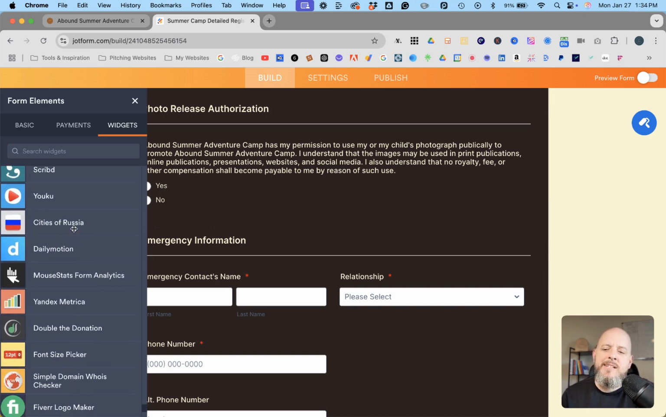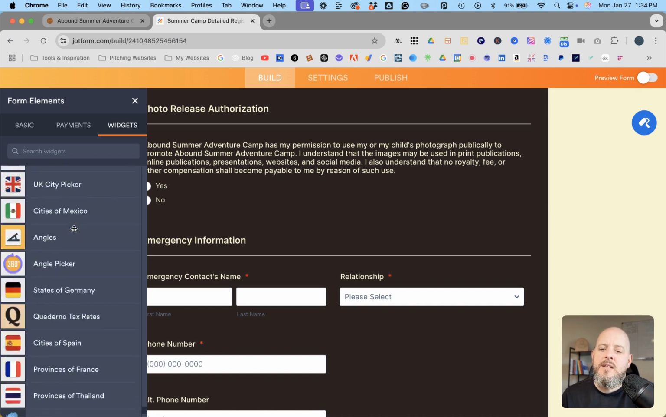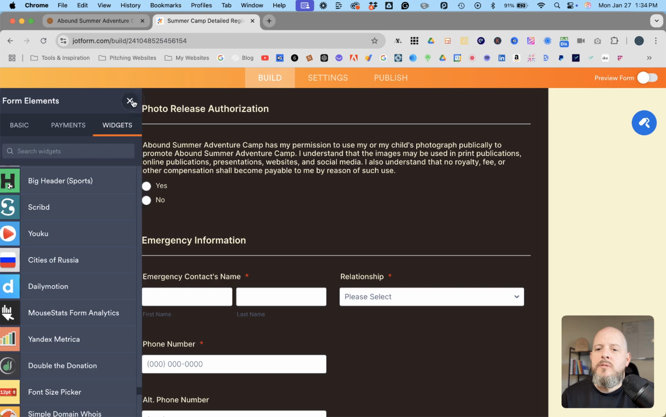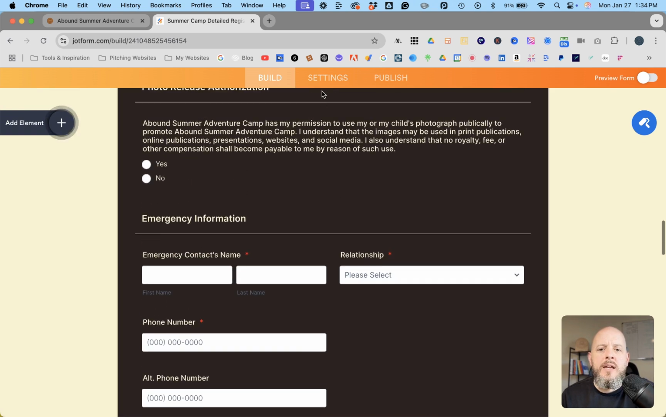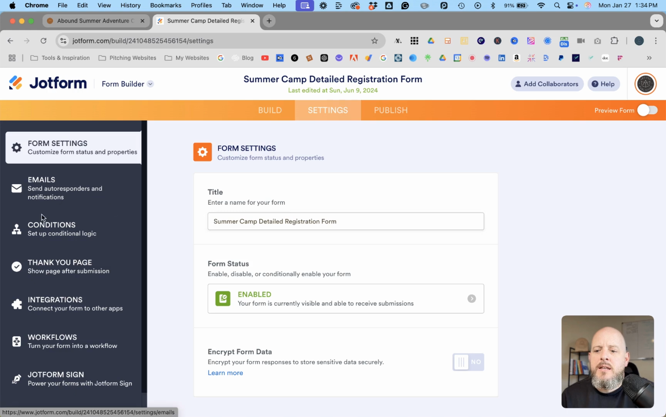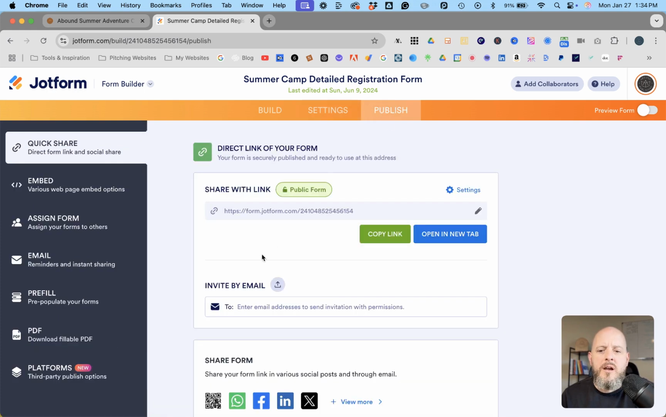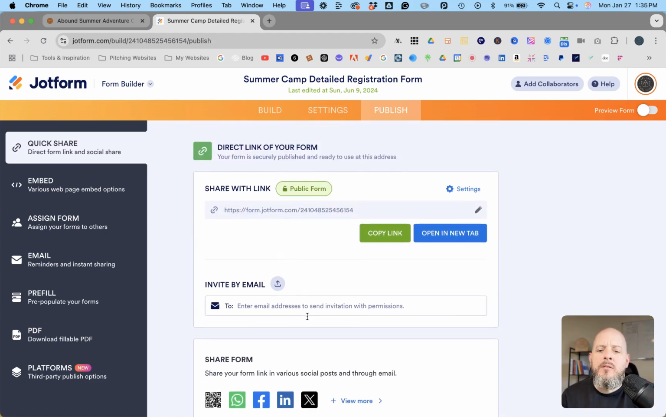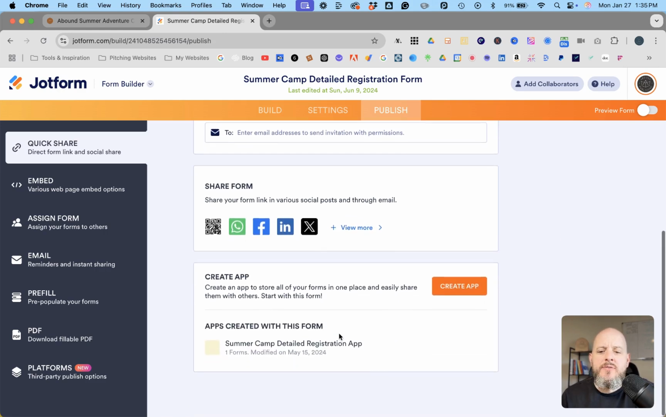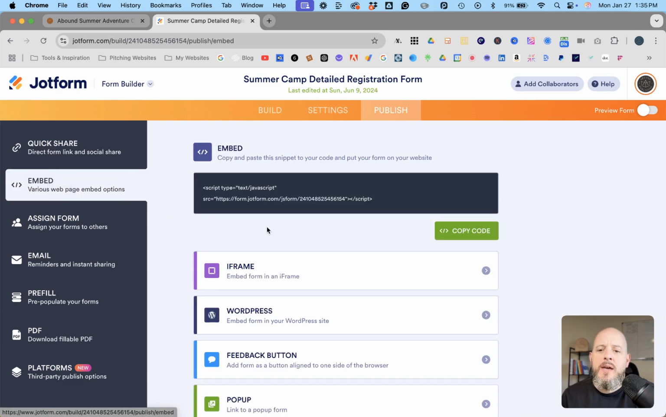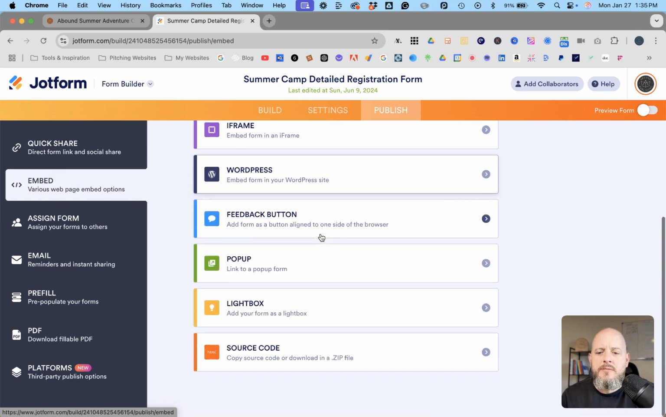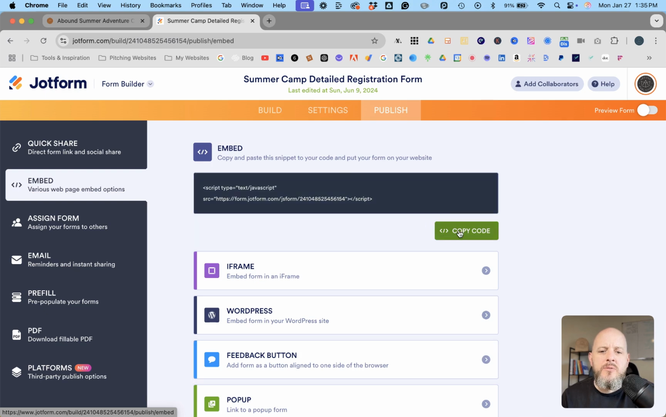But you can see, obviously this amount of functionality is just not going to be available natively in Squarespace. So once you have your form created, you can go into settings, and then some of this you may need to mess with, but then you have publish. All right. And so if you want to share the form with a link or by email or on social media platforms, you have some of these options, but you're wanting to put it in your Squarespace website. So you would want to go into embed, and then all you have to do here is copy this code,